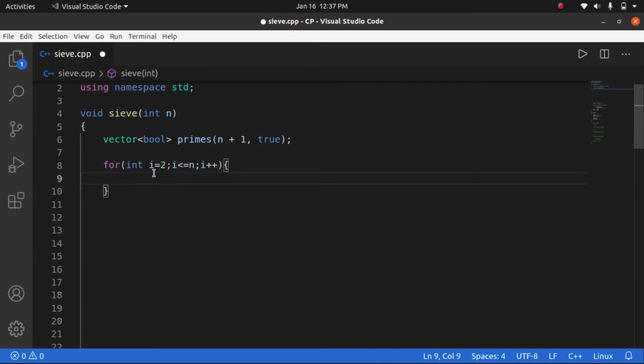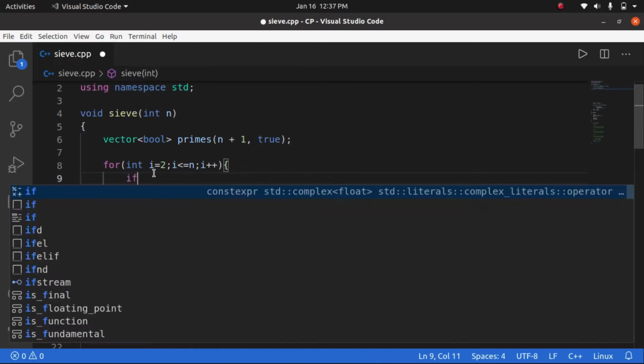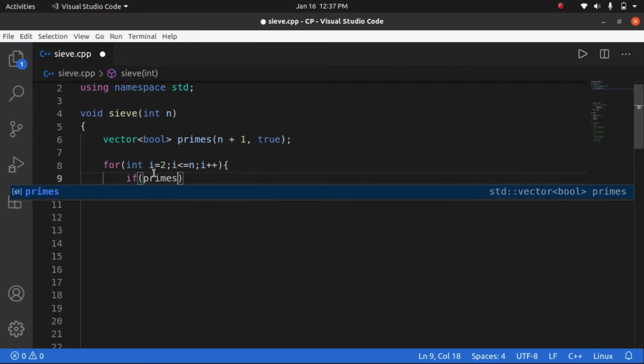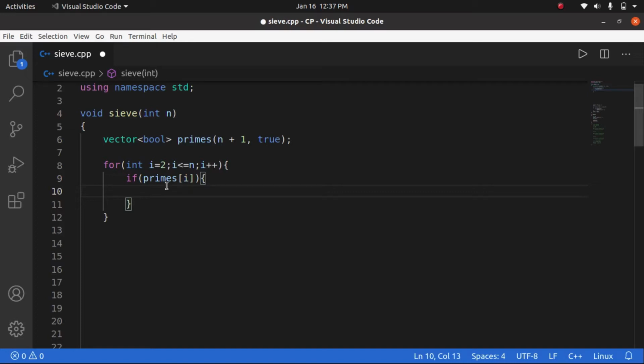In this loop we are checking if the value in the primes array at index i is true. If primes[i] is true, that means we found a prime number here.